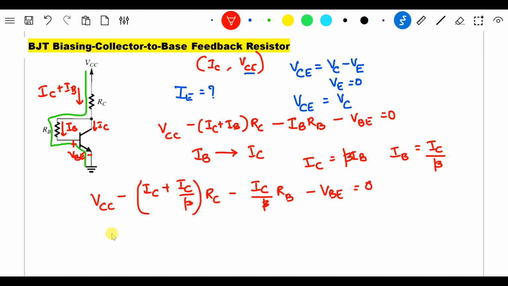Now if I take VCC minus VB towards the left hand side, and take IC by beta into RB and RC into IC plus IC by beta to the right hand side,